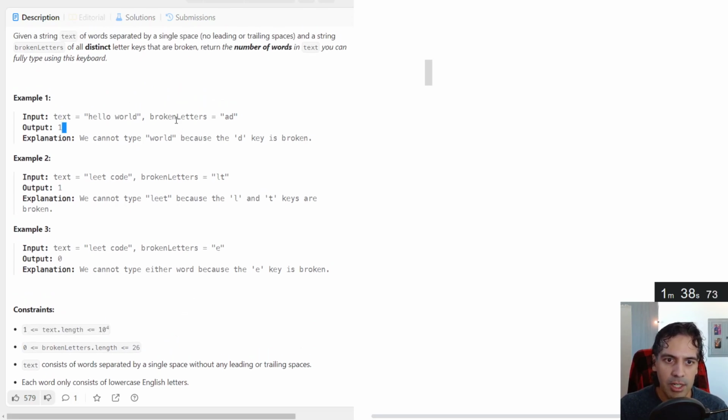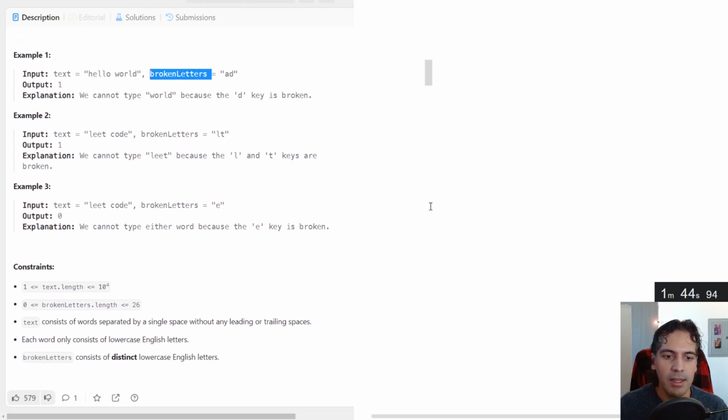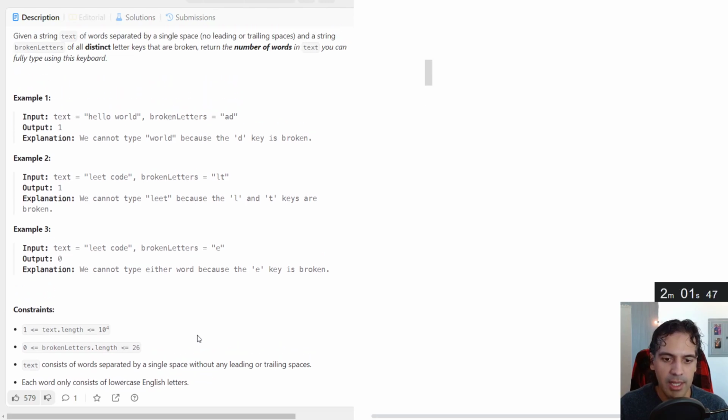That was another question: is broken letters going to all be unique characters? Do we need to create a set of it? In this case, it looks like broken letters will always contain distinct lowercase English letters, so we don't need to pre-sort or pre-setify this to avoid extra work. Text contains only words separated by a single space without any leading or trailing spaces.